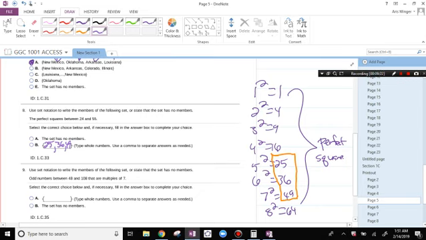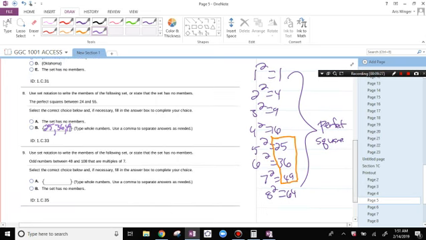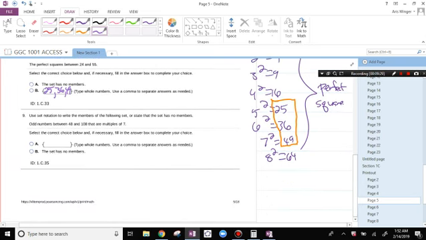The odd numbers between 48 and 108 that are multiples of 7. All right, so we got 7 squared. Well, I should do this. 7 times 7 is 49. And then